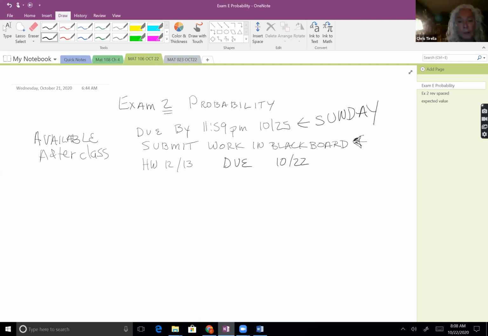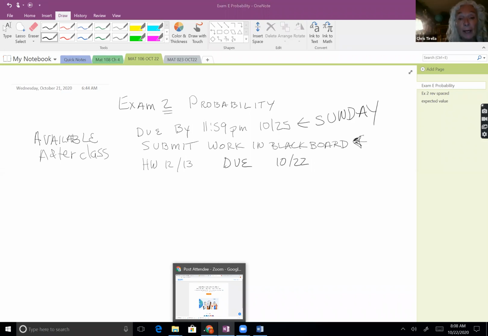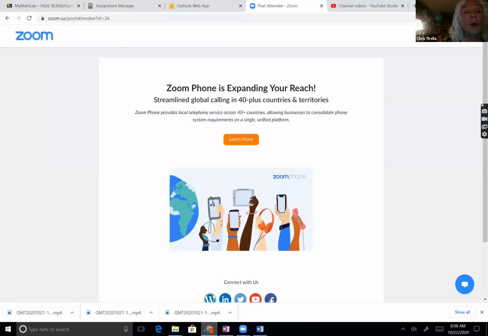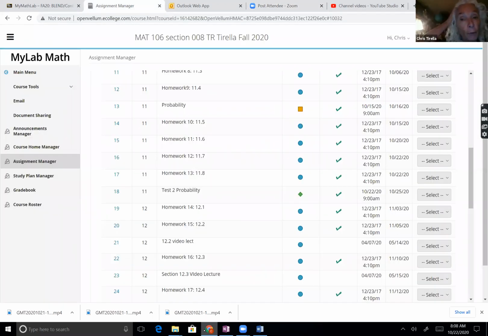First things first, how about homework questions? I got a few emails from both sections because I also teach a Monday, Wednesday, Friday section of this class about some of those expected value questions. Does anybody want to look at any of the expected value questions or any of the other homework questions, the assignment before that dealt with conditional probability? I have some questions. Sure. It was the last homework we just did, not the one that's due today, but the one that was due on the 20th, I think.